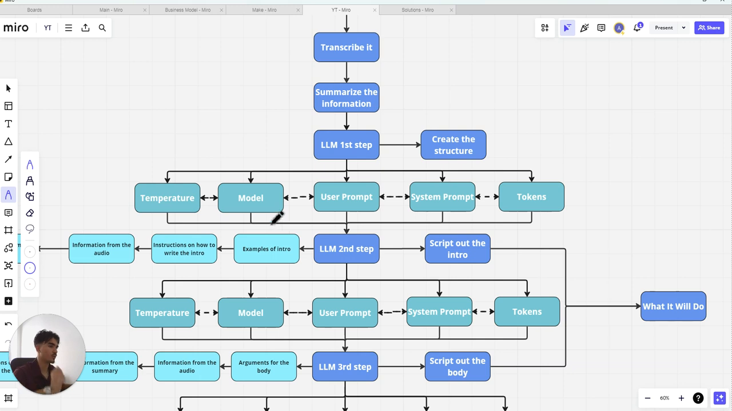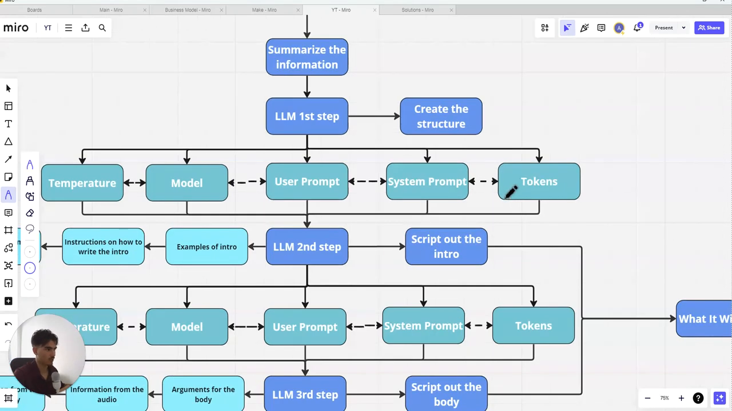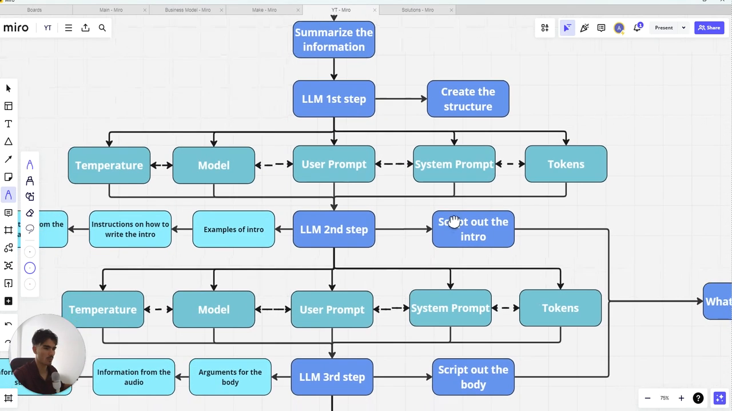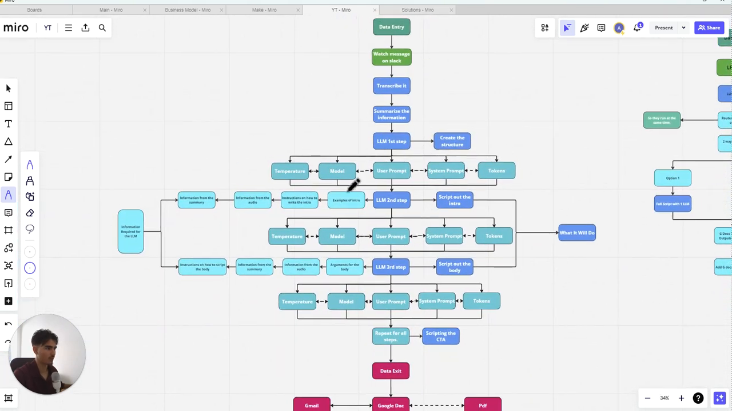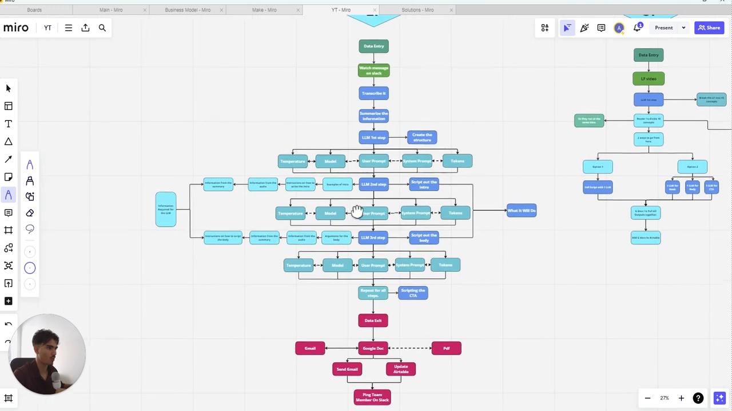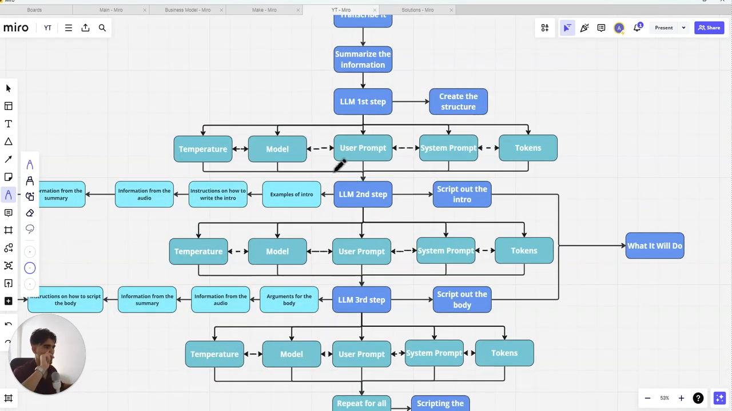So we have our temperature, we have our model, and then we will have our prompts, which divide themselves into user prompt and system prompt. Then you'll have to insert the maximum number of tokens that you want. Where you'll spend most of your time in this build is two things. One, deciding on the structure of how you want it to perform. So what are all of the steps involved in your build so you can get the desired output, the desired result that you want. And then here, user prompts and system prompts, because this is